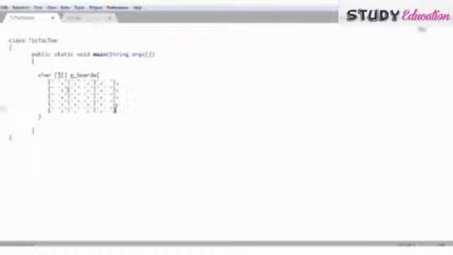Now let's separate the rows. So herein we will use a dash sign, again a dash sign, and again a dash sign. Then the third and the fourth. The third will be this.